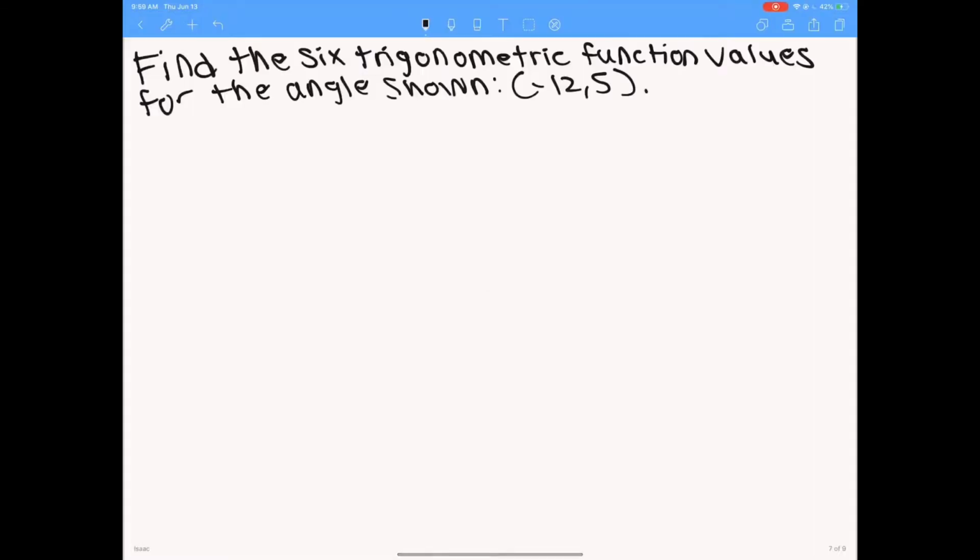Today I will be showing you how to find the 6 trigonometric function values if we're given an x-coordinate and a y-coordinate. So before we actually move to the problem, it would be very helpful to understand what these 6 trigonometric function values are. So we'll begin with sine, which is y over r,